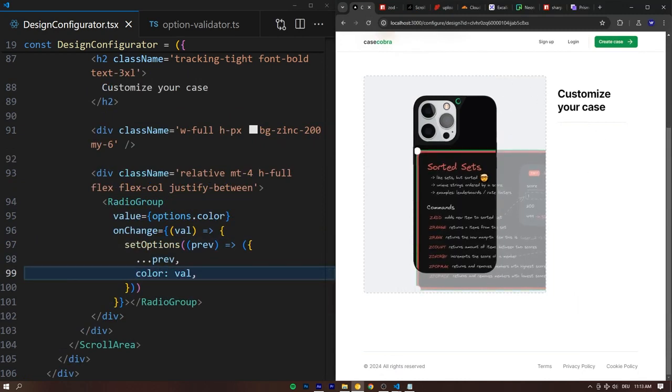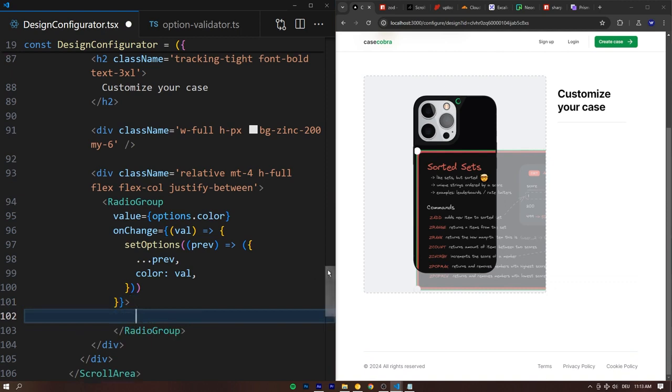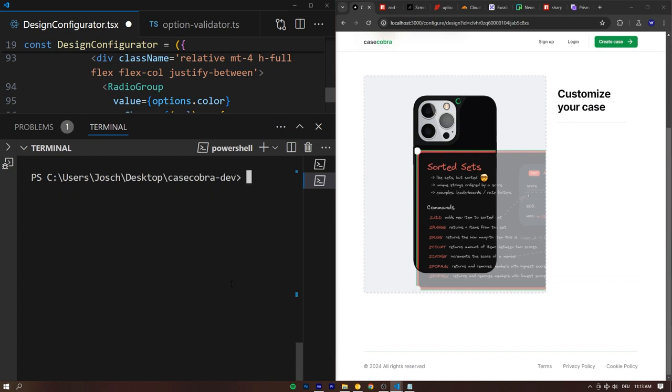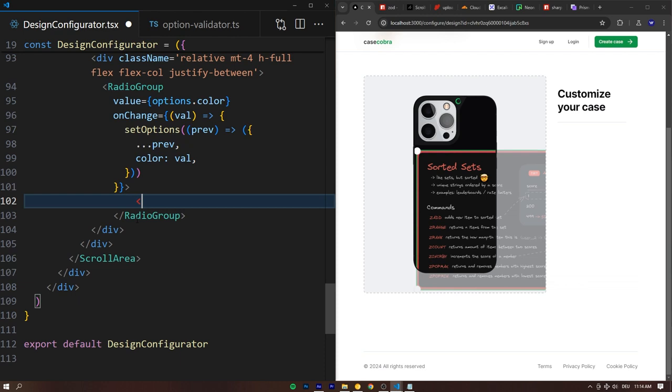Why is that? Well, because our radio group is actually empty. We didn't put anything inside here yet. So let's do that. The first thing we're going to put in here is a label. And that label is going to come from our UI library as well. Let's say npx shadcn-ui@latest add label and hit enter. That's going to install our label component,